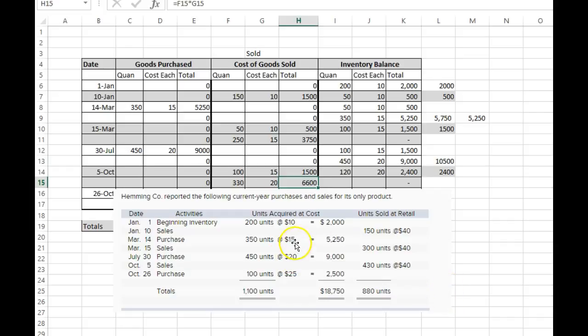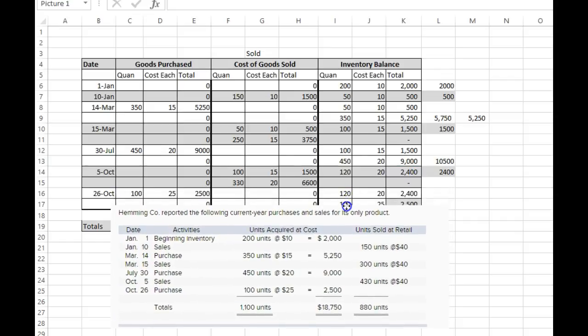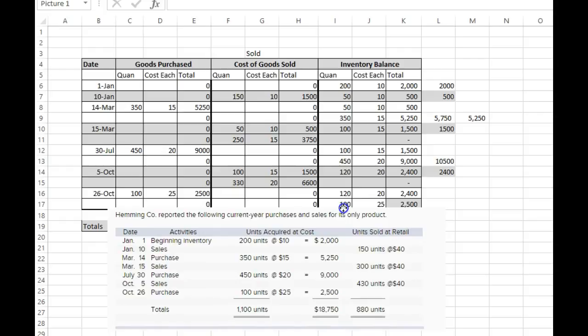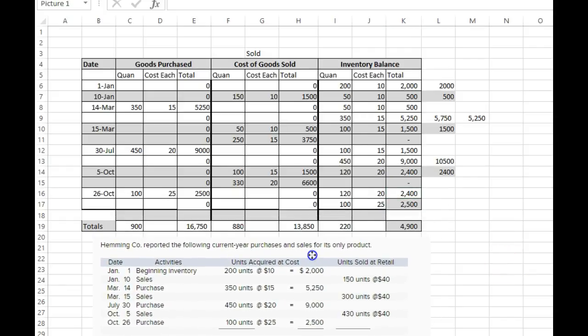Now I'm not done, because this layer's gone, so I don't have to worry about it, but I have some left in this pile, don't I? So if I subtract 330 from 450, I come up with 120, each costing $20, so I have $2,400 left in the inventory. So if somebody asks what my inventory is, I could tell them it is 120. They each cost $20, and my inventory level is $2,400. If they ask me what my cost of goods or cost of merchandise is, all of these are added, and it is